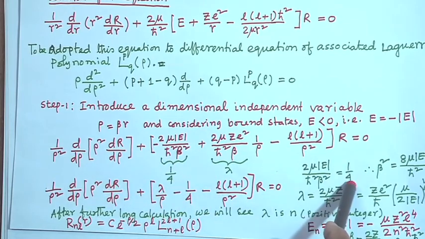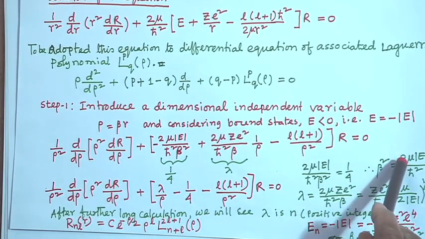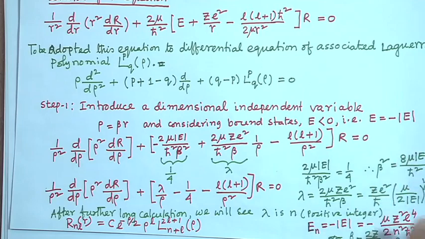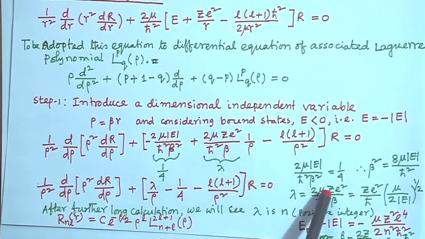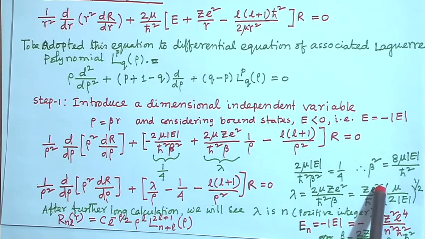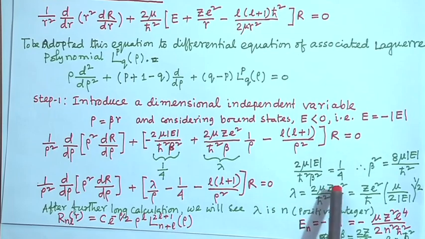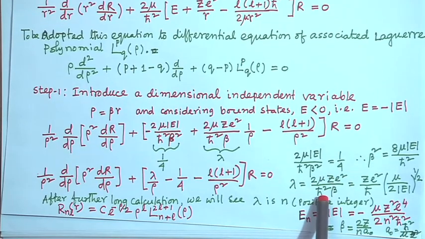This equal to 1 by 4, so beta square will be 8 mu E by h cross square, and lambda equal to this. I can write the beta value here; I will put the beta value. So, z square by h cross, because